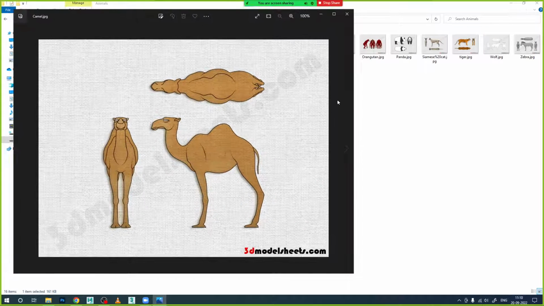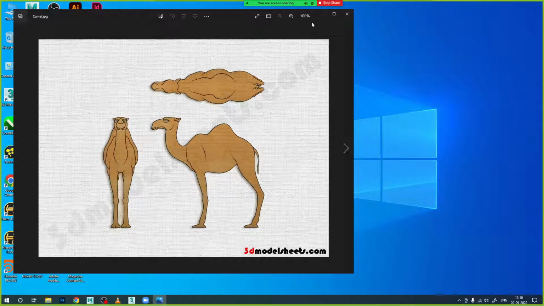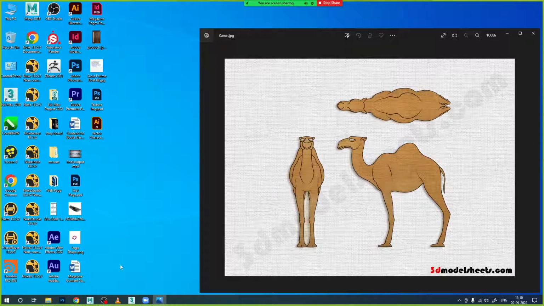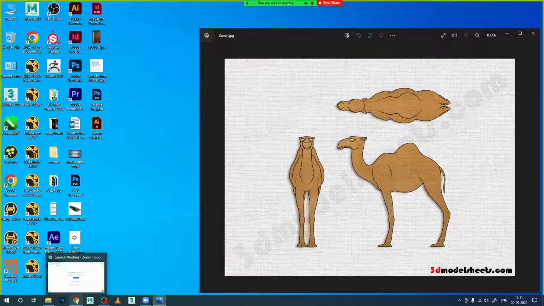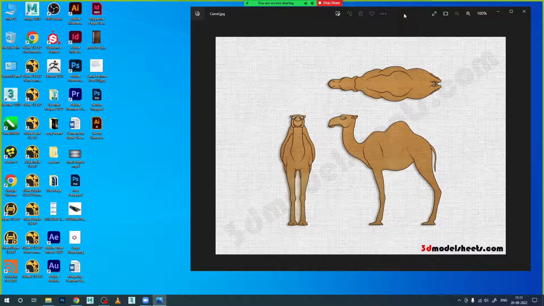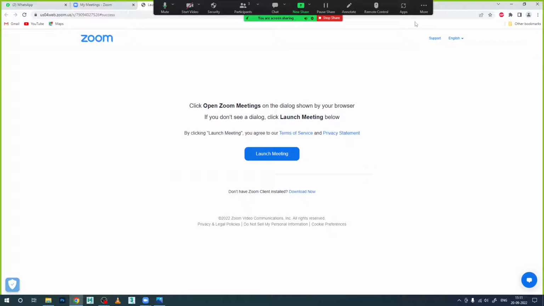Okay, we have to create today, so we'll start with the animal model. For the animal model, how to collect the references? I have collected some references and kept them ready. In the systems also you have the same references, you can use those. And if you want to collect any references,